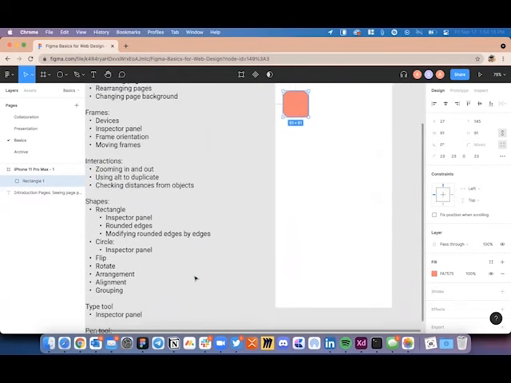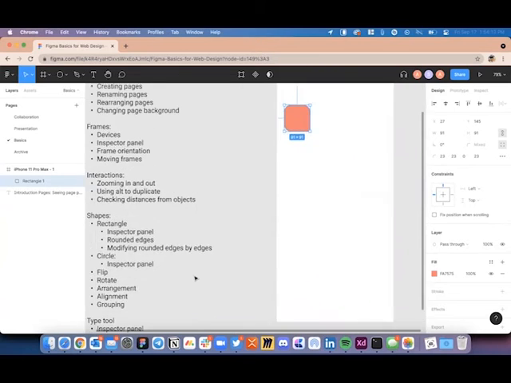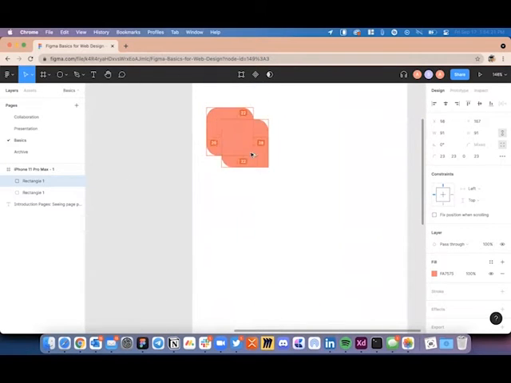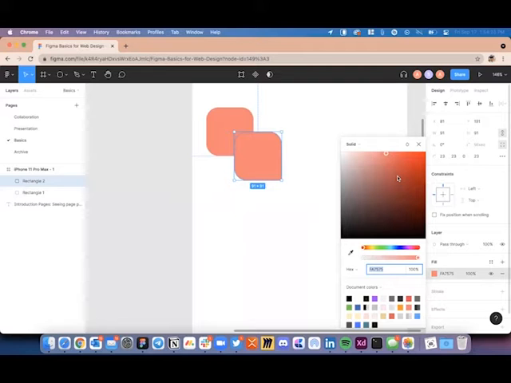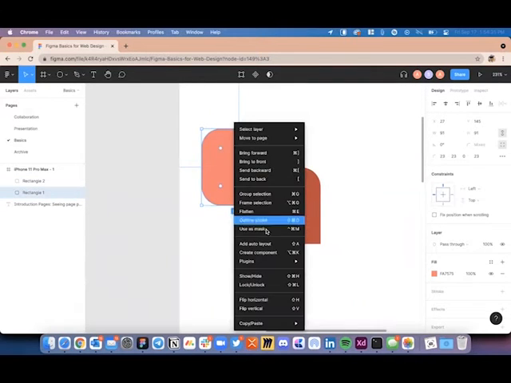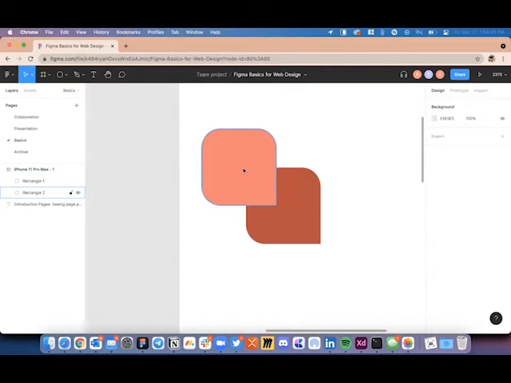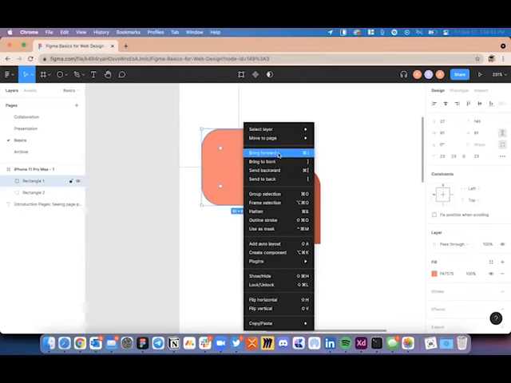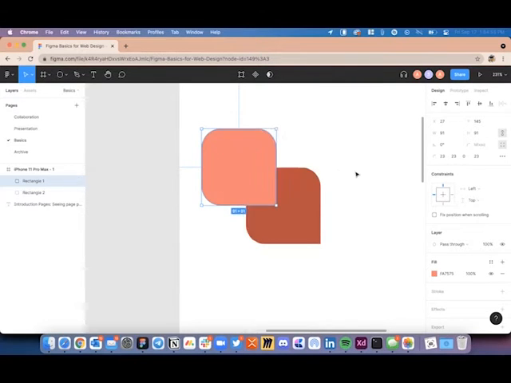The last two things I want to talk about in shapes are arrangement and grouping. If we had two objects, and I want to bring the object which is behind to the front, you can right click on it and you'll see bring to front versus bring to back. If I want to just bring it one layer above, I'll say bring forward and it will bring this object on top. Alternatively, I would use bring to front if there were multiple layers on top of it, and I want to bring it to the topmost layer. And the vice versa works for send to back and send backward.